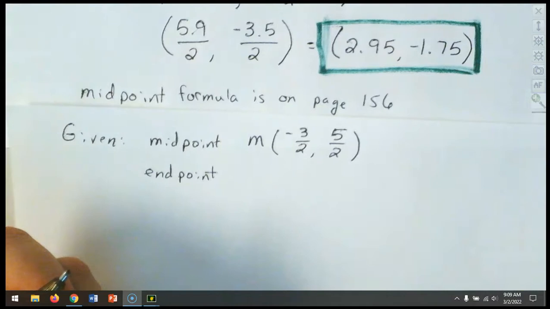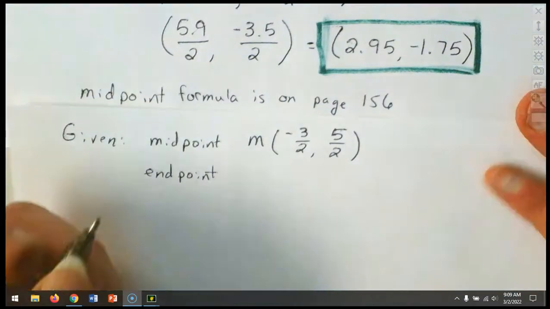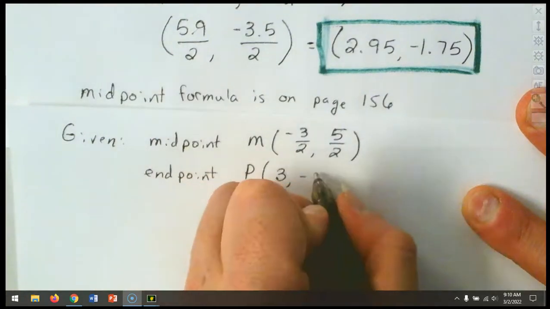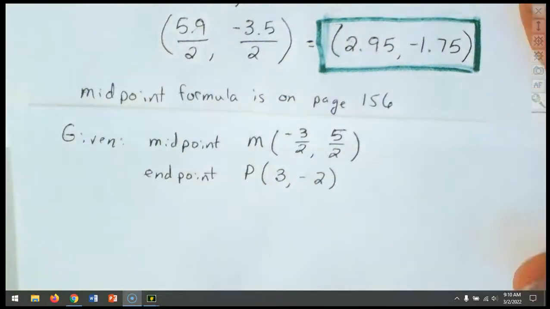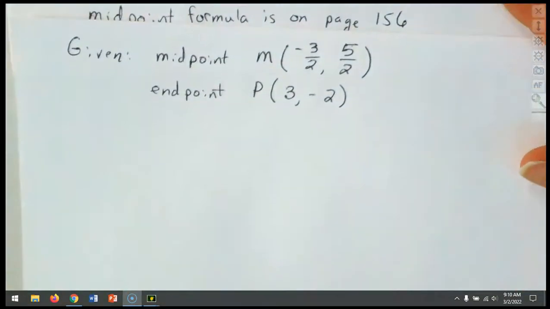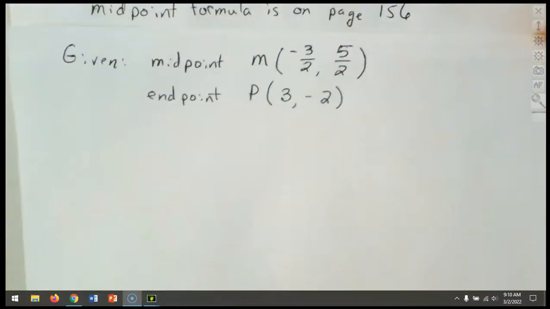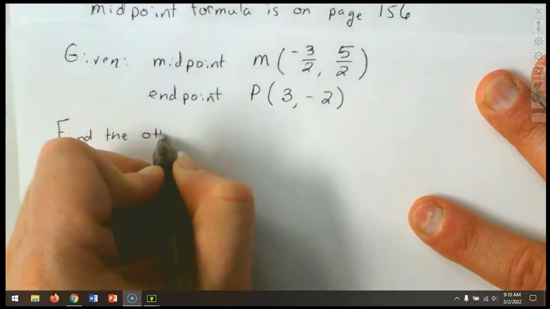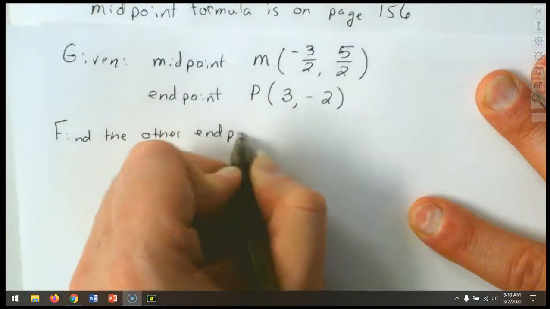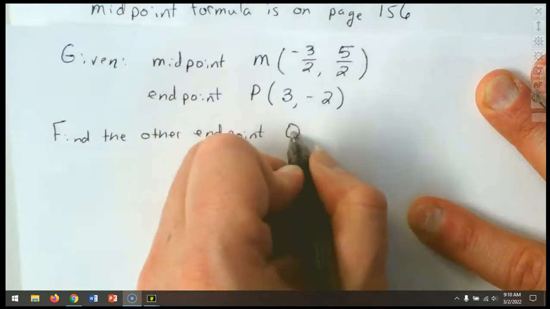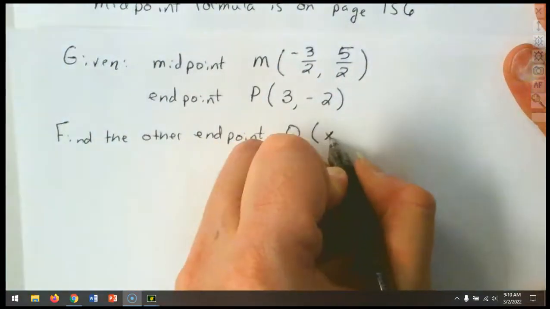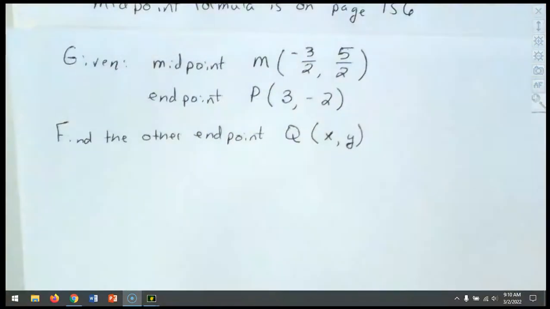Usually you're given P, you have to find Q. So you're going to be given the endpoint. Let's say P is 3, -2. We're going to have to find Q. Find the other endpoint Q. And Q is going to be XY. So we're going to have to find that other endpoint Q, and we're going to use an X and a